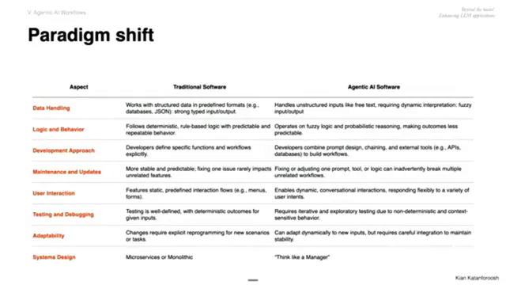Okay, I want to talk about the paradigm shift. That's especially useful if you're a software engineer or you're planning to be one, because software engineering as a discipline is shifting, or at least the best engineers I've worked with are able to move from a deterministic mindset to a fuzzy mindset and balance between the two whenever they need to get something done. So here's the paradigm shift between traditional software and agentic AI software. The first one is the way you handle data. Traditional software deals with structured data. You have JSONs, you have databases, they're passed in a very structured manner in a data engineering pipeline,